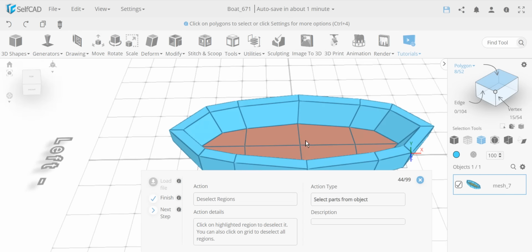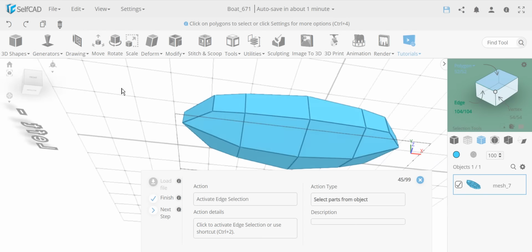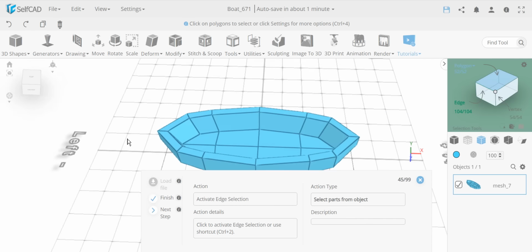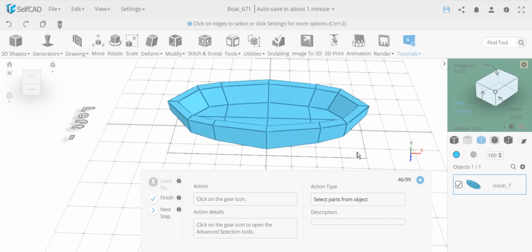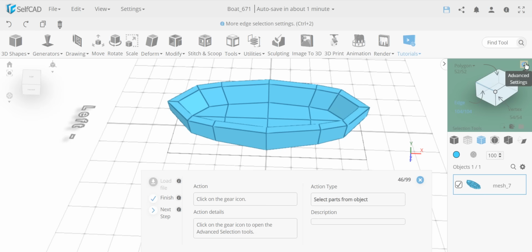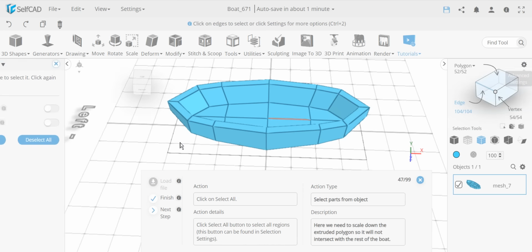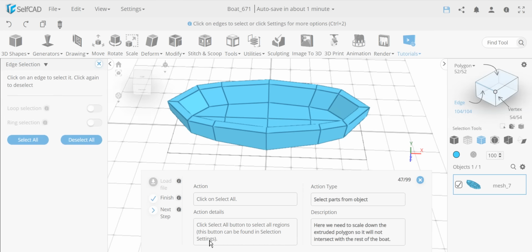Now I can click on this to deselect, or again click on the grid, doesn't matter. But now we have the basic layout of the ship. And now we'll go again to edge selection. We want to add some styling to it, make it better. So now we're going to use a more advanced selection. So I select edges, but I go in the advanced settings. And in the advanced settings, we turn on